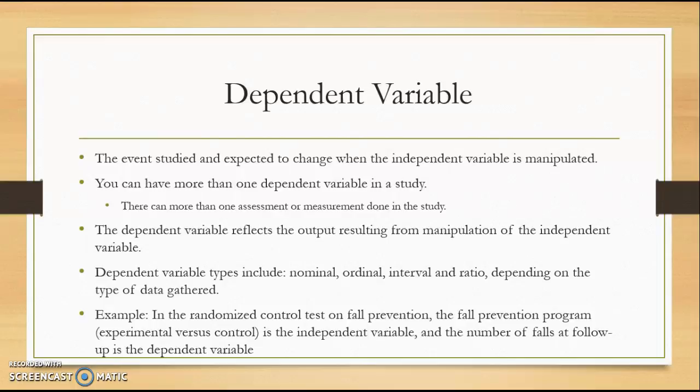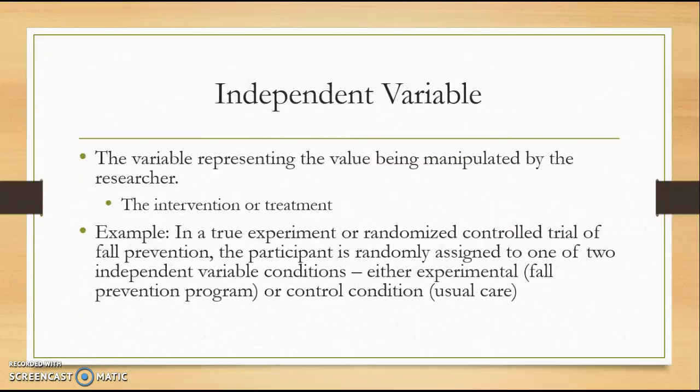An example of this could be in the randomized control test on fall prevention. The fall prevention program is the independent variable, and the number of falls at follow-up is the dependent variable. The independent variable is the variable representing the value being manipulated by the researcher, which is the intervention or treatment. So in a true experiment or randomized control trial of fall prevention, the participant is randomly assigned to one of two independent variable conditions, either experimental,